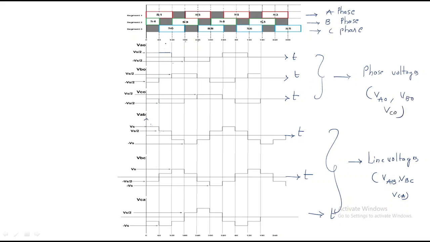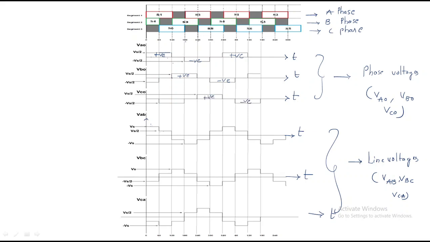So is it three phase or not? Just look here, this is the A wave. It looks like a different wave, but it consists of a positive half cycle and a negative half cycle. A wave which consists of a positive half cycle and a negative half cycle is called an AC wave. And this is one phase. Look at the other phase. After 120 degrees, this phase will start, again with a positive wave and a negative wave.